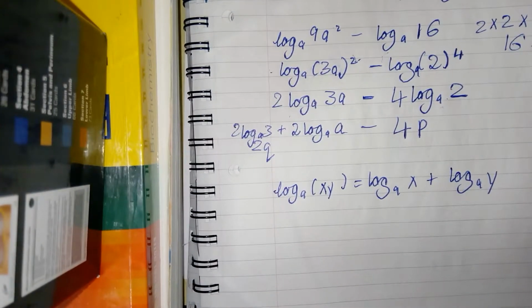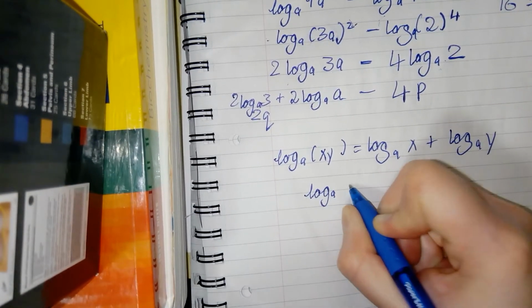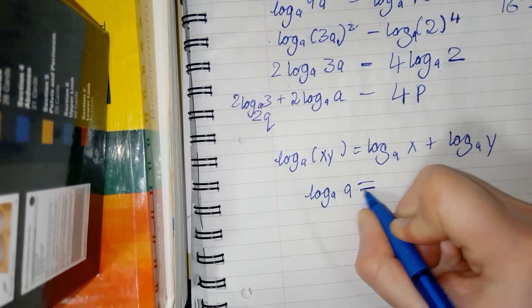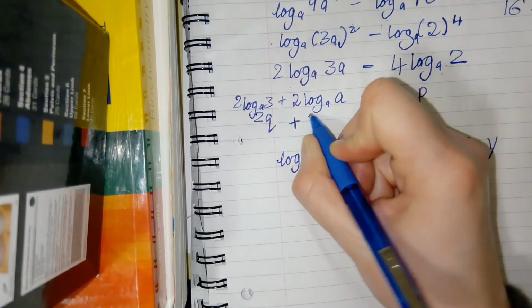And another one of our rules: if we have log a of a, where we have an a and an a, that's going to be equal to 1. So this is going to be 2